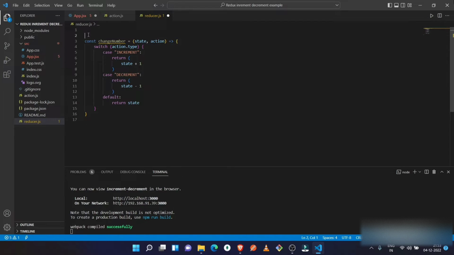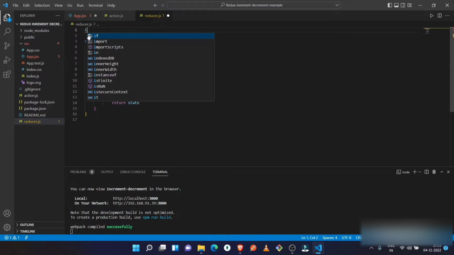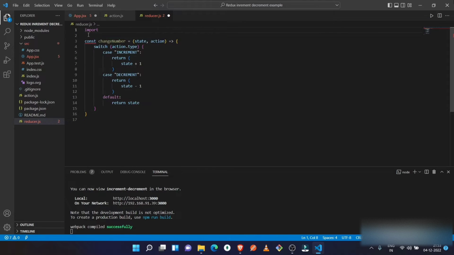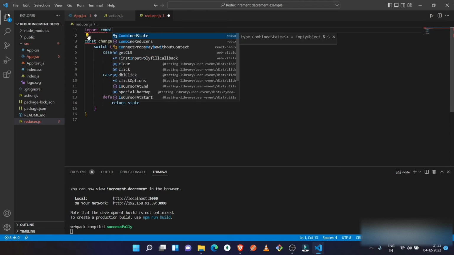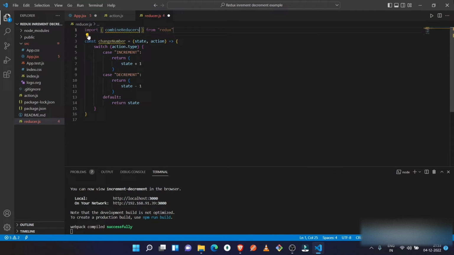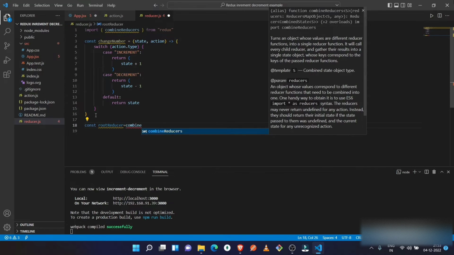Here I am doing it in one file, so I just need to import combineReducers, and below I need to make a root reducer so that I can have all the reducers inside one reducer. So I define const rootReducer,